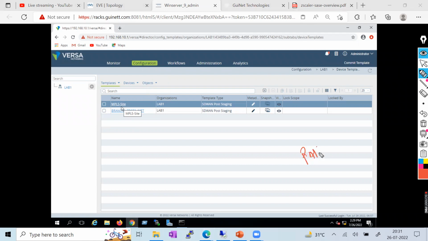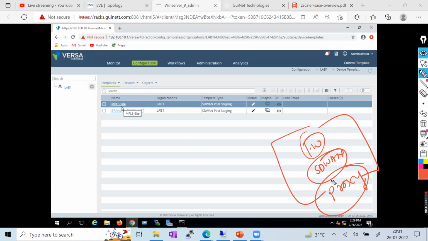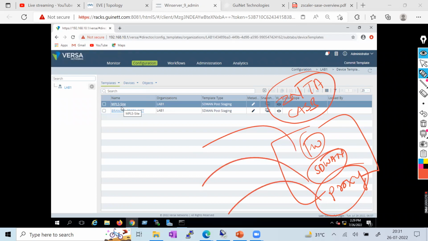See guys, I'm talking about the Palo Alto Firewall, but I'm not talking about any vendor specific. I'm talking about the firewall, the SD-WAN, the proxy. If you know all these solutions, then probably you will not have a challenge understanding what CASB is, how it is going to work, and what the meaning of GTA is. These are very small features. But first, you should know how the firewall works, what the features of the firewall are, what SD-WAN is, and what the proxy is.